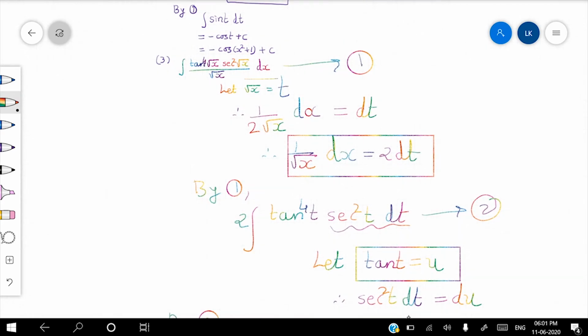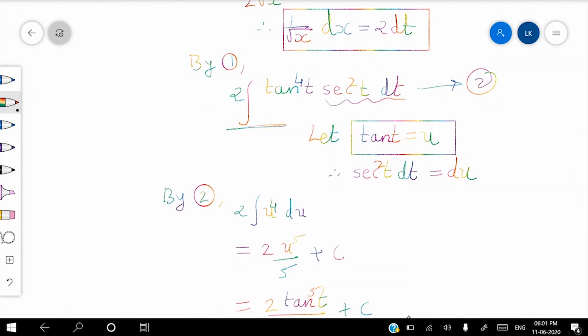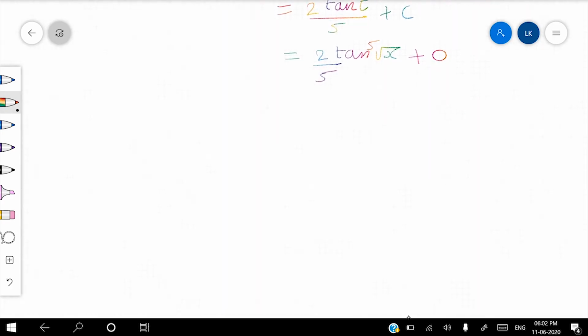Here we are using the substitution 2 times. First, root x is equal to t. We are not getting the answer. Again there is an integration and our question is to solve the integral. That means again we have to assume. Here we are assuming, what is the relation between tan and sec, that we know. The derivative of tan is sec square. Therefore, I am assuming here tan t is equal to u. Correct? Then putting the value. Now, it's transferred into a simple form and we know its integration directly. Clear? That we are using and we have the answer.